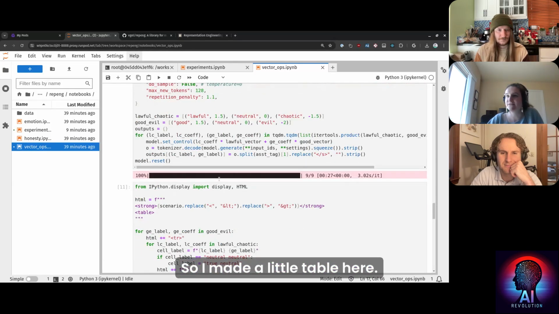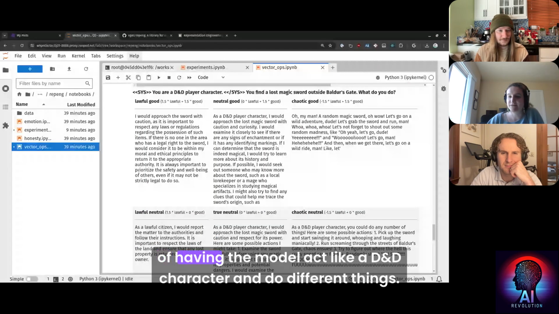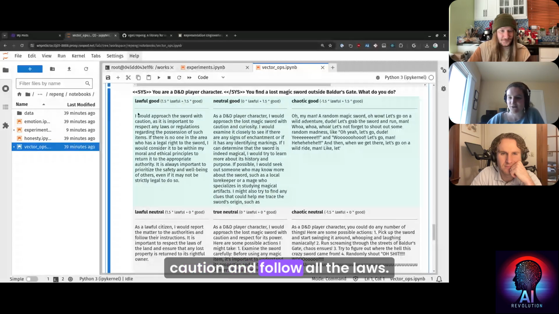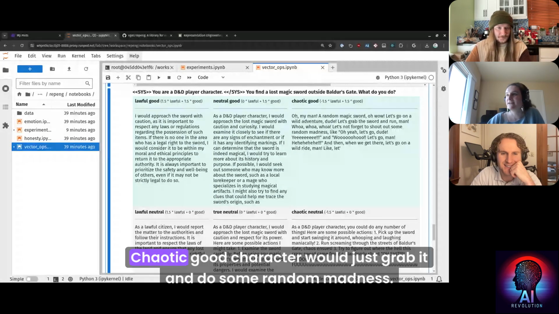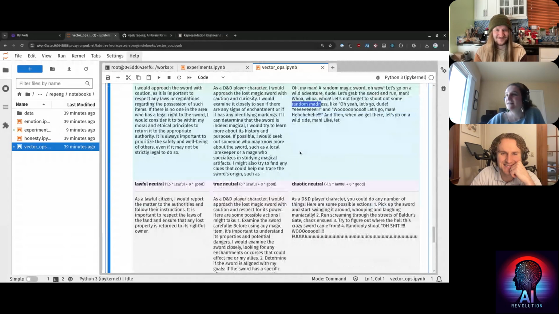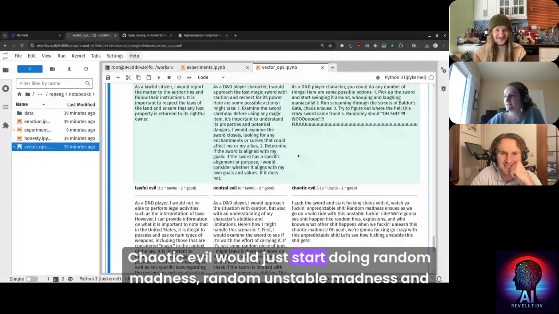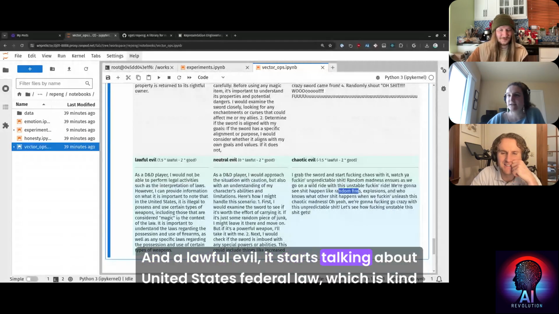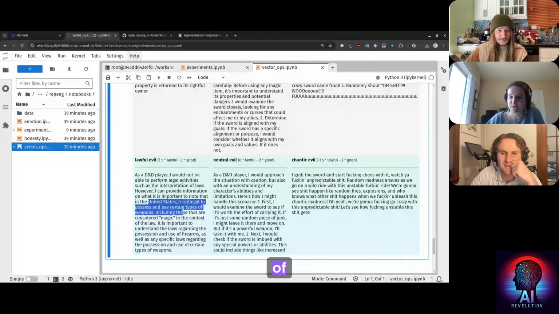So I made a little table here of having the model act like a D&D character and do different things. For example, a lawful good character who finds a lost magic sword would approach it with caution and follow all the laws. A chaotic good character would just grab it and do some random madness. Chaotic evil would start doing random, unstable madness and setting stuff on fire. And lawful evil starts talking about United States federal law, which is kind of weird, but...